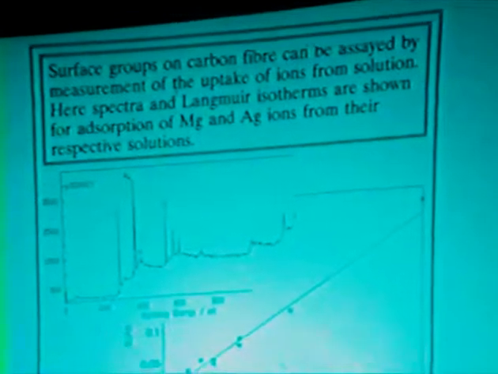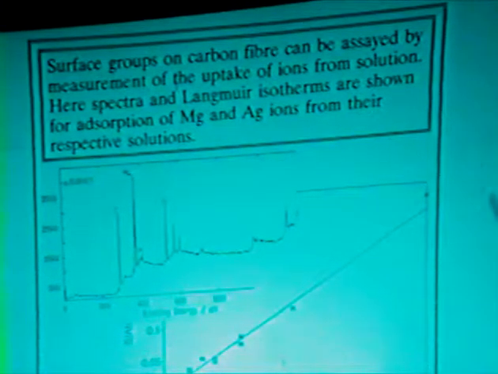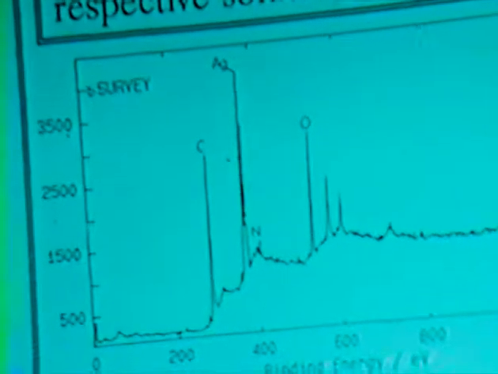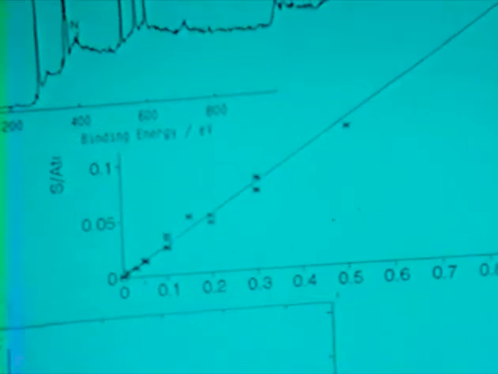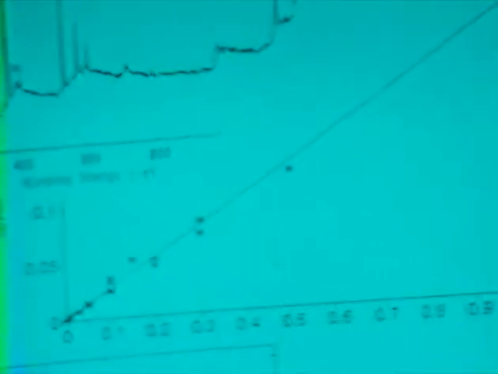I thought I'd put on, this is actually done by XPS, an example of work that some of our group do to characterise carbon fibre. Many of you know carbon fibre itself is activated by oxidation in order for the resin to wet the fibre in making up carbon fibre composite materials. And it's nice to be able to assay the different groups on the